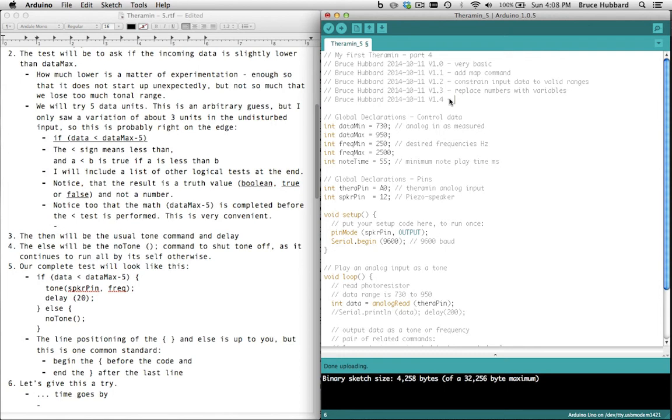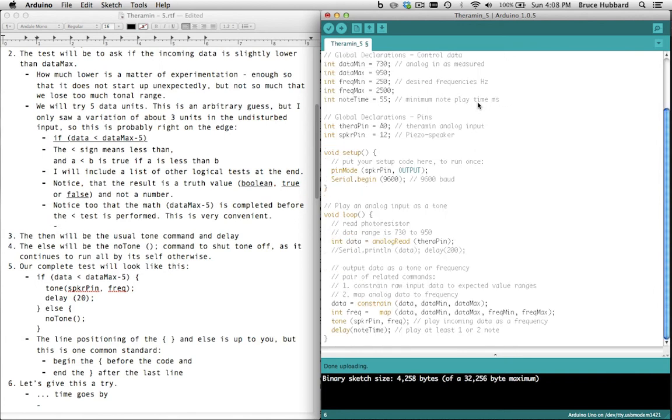So this one is going to be, what are we going to do? Replace numbers with variables was the last thing. This one will be silence Theramin if not in use, which means if the light is either too bright or, as we'll get to, too dim. Because what happens when the light goes out? Well, it's just like having your hand over the thing. It's going to make noise. Okay, not good. So we're going to scroll down, and the only part that we're really interested in here is